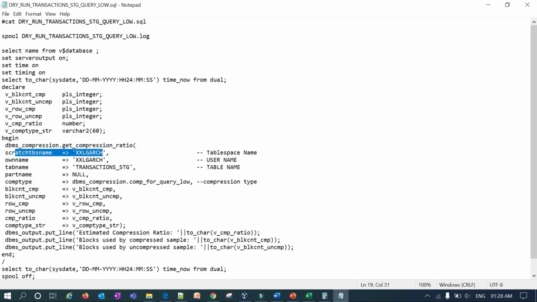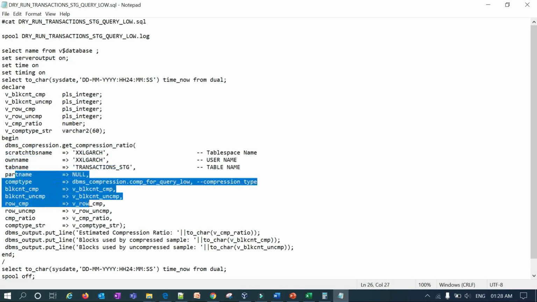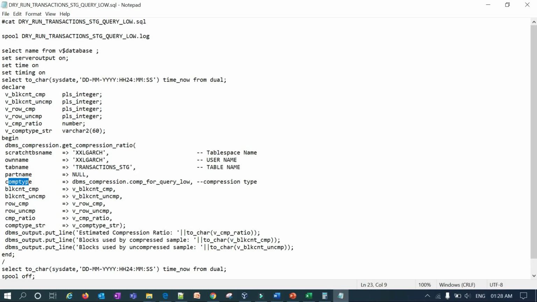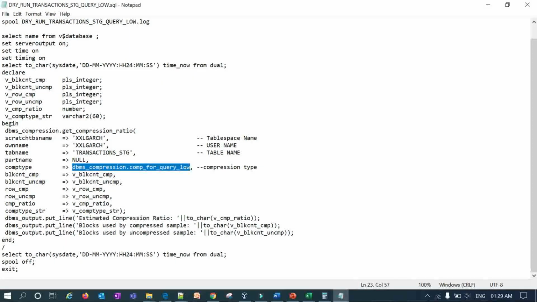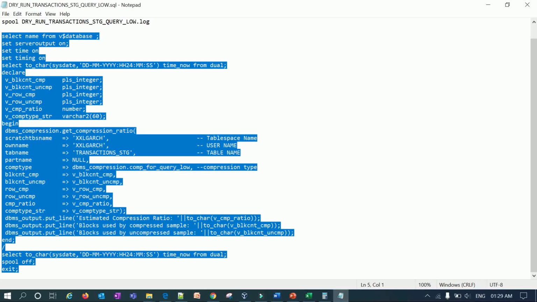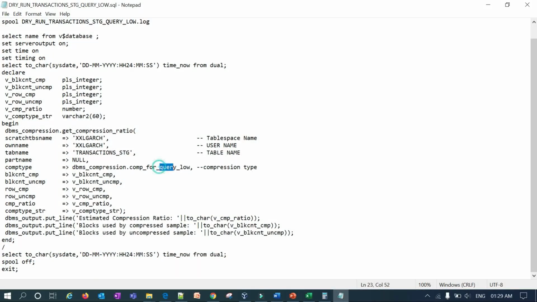You can see the tablespace name, owner, and table name, and the compression type is DBMS_COMPRESSION for query low. This is the complete script, you can run it. If you want query high, you just change this to query_high, and for archive high and archive low, you make it archive high and archive low.